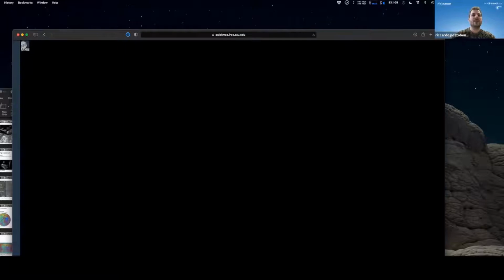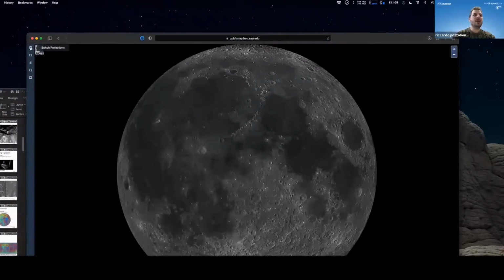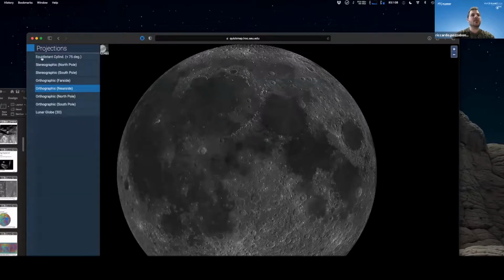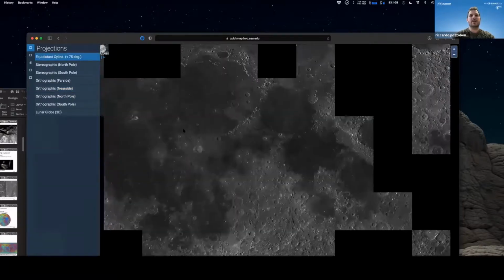You have all the references. It's just to showcase live how they appear if it opens up. So you have the surface of the moon, and here you have different buttons. You can switch projections, so you can move to orthographic, to stereographic, or to cylindrical projection in order to see the moon